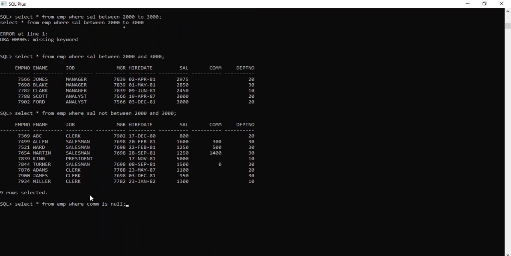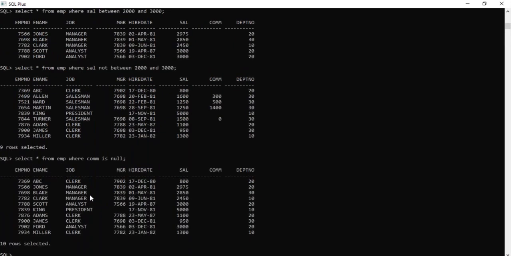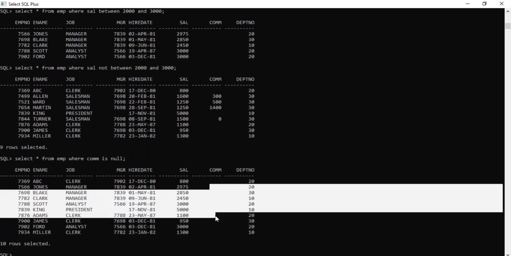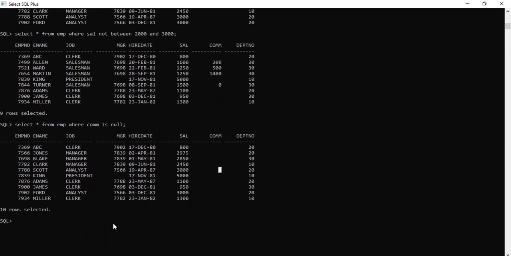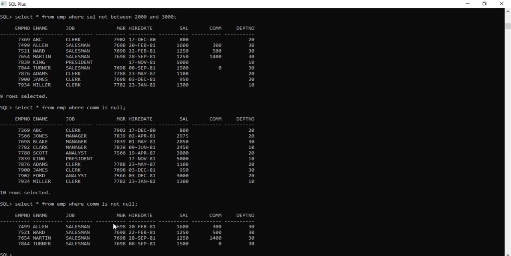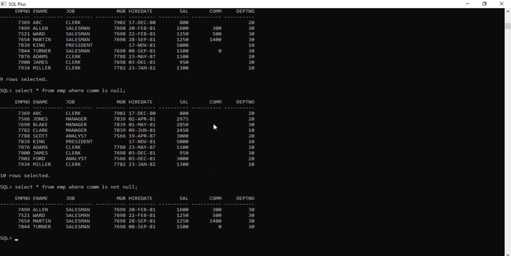Now if I want the data of employees who have a commission value, then you say commission is not null. See here, all null values we are getting, here we are getting those who have a commission. You can verify each and every column.